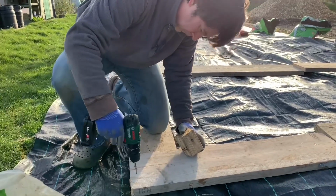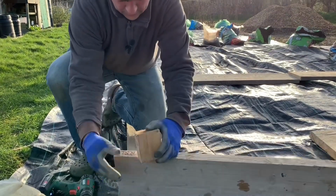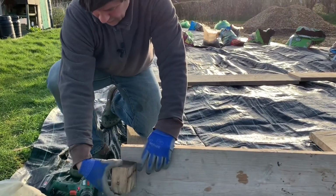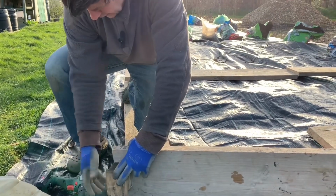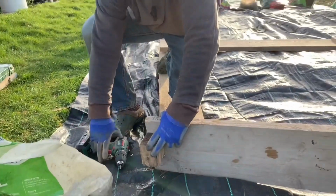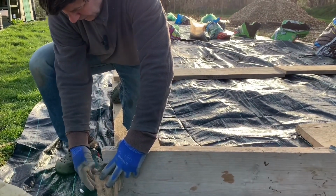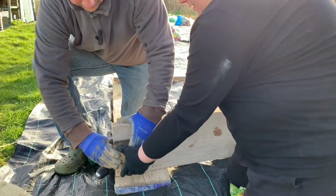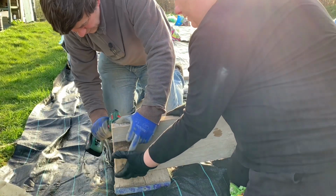This is how we're going to use the little square. There's going to be our little corner. So that's going to go like that, and then I will put the other board across there. Yes. Do you want me to hold it? Yes, could you hold that please? Yeah. That needs to be right like that. Okay. I'm trying to make sure that...